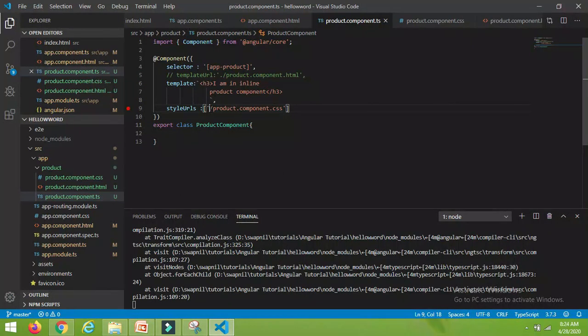Here also I have to give the one dot, Control S, and it's building. Now it's compiling.